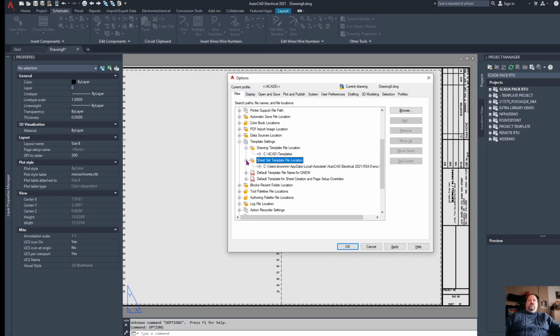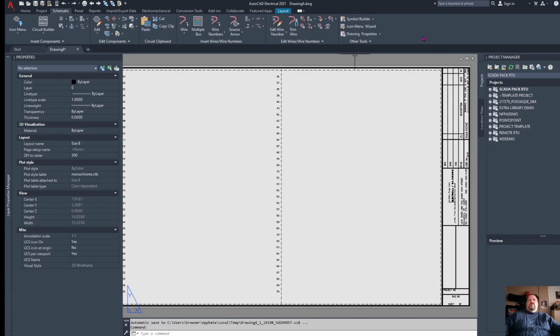Sheet set template file location, unless you use sheet sets, you don't need to mess with this. I don't know of anybody who's using sheet sets at the moment. If you do, you can add it later. The default template file name for QNew, this is where you keep your drawing template that you want to pop up every time you create a new drawing. And this one I have in my C drive with my other templates, and that tells you where it is. So once you add it in, hit apply. Now, if I close this,